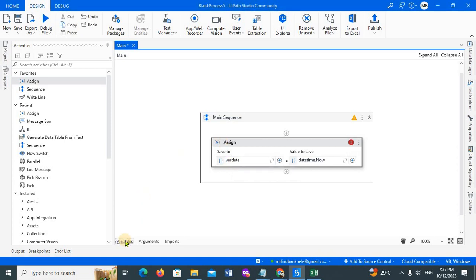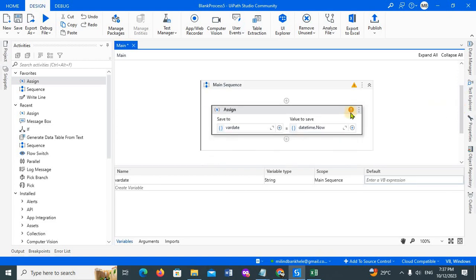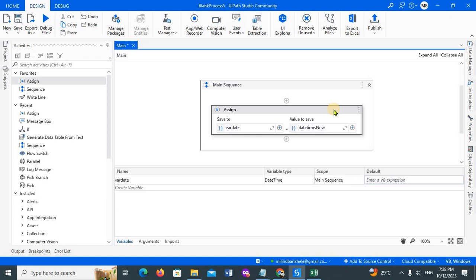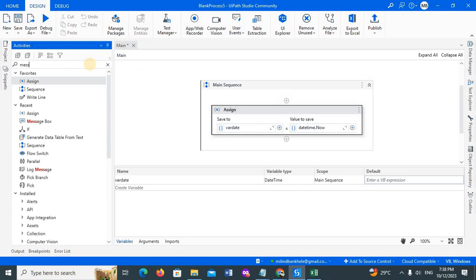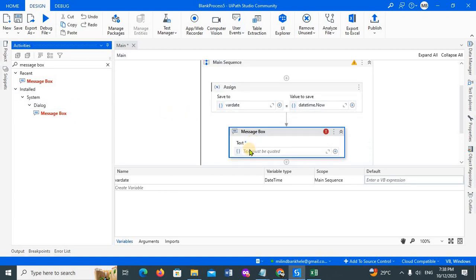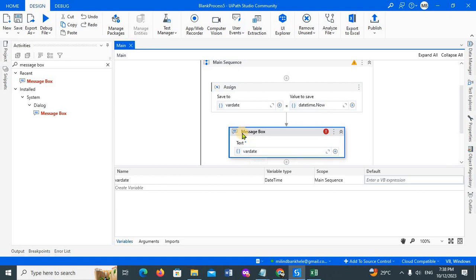Var date. And if I see, this is a string, and why is this error shown to us? Because var date is in the form of a string, and DateTime.Now is in the form of a date time. So in this case I need to convert this string into the form of a date time first, and then this error will go away. Now I'll take one message box here, and inside this message box I'll simply put var date. Now if I execute this,